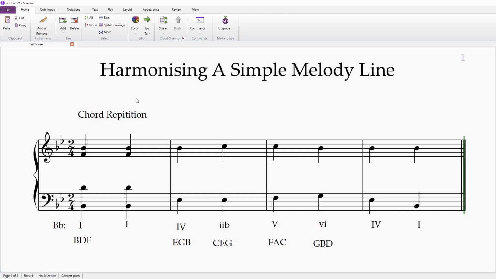Now, something to bear in mind with chord repetition is that if you have parallel octaves or fifths, you don't need to worry about them because the chord is repeated. Therefore, there is no movement, and so it is completely fine. But of course, if you're going from chord 1 to chord 4 and you've got a parallel octave or fifth, you need to make sure that you're not following it with another parallel octave or fifth in a chord that